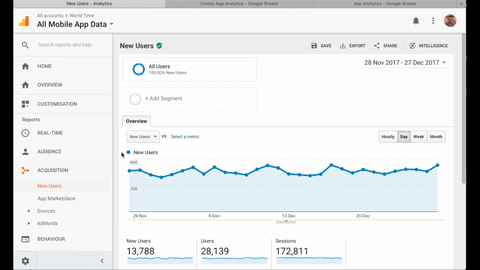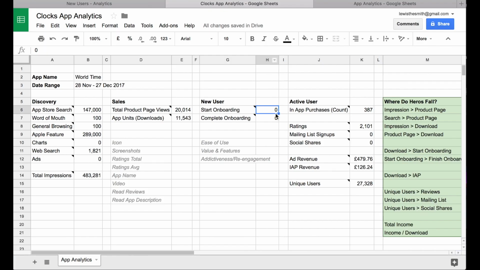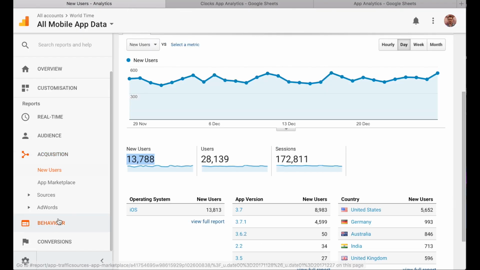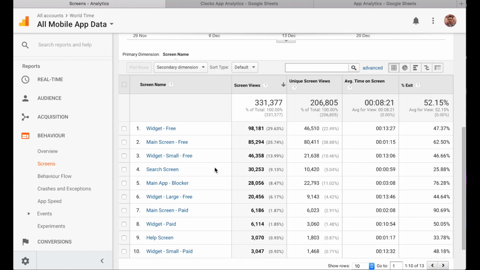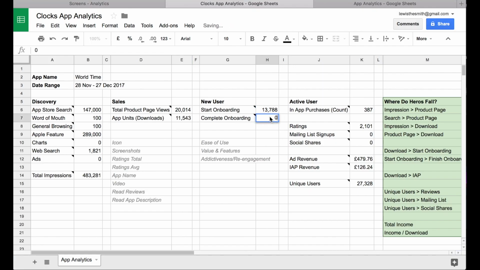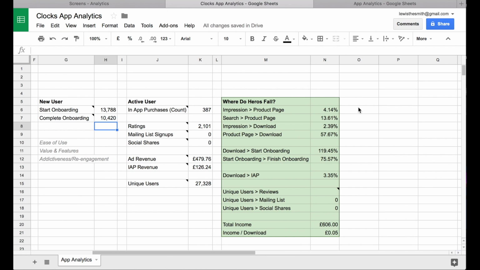I've used new users from Google Analytics as a measure of people who have run the app in the last month, and I have counted anyone who goes to the screen to add a time zone as completing the first run. Even though this is the most basic possible thing the user can do, 25% of people don't do it. You want to make the onboarding as short as possible, and if you can, avoid using the keyboard at